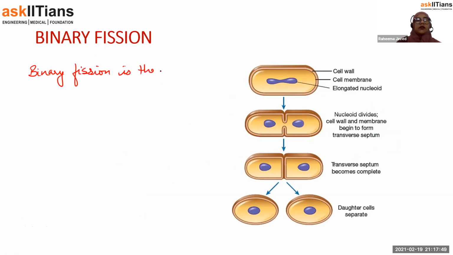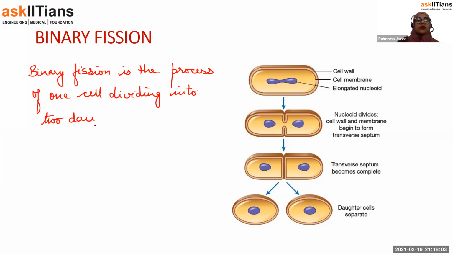Binary fission is the process of one cell dividing into two daughter cells. Okay, here the binary fission is shown in case of a bacteria